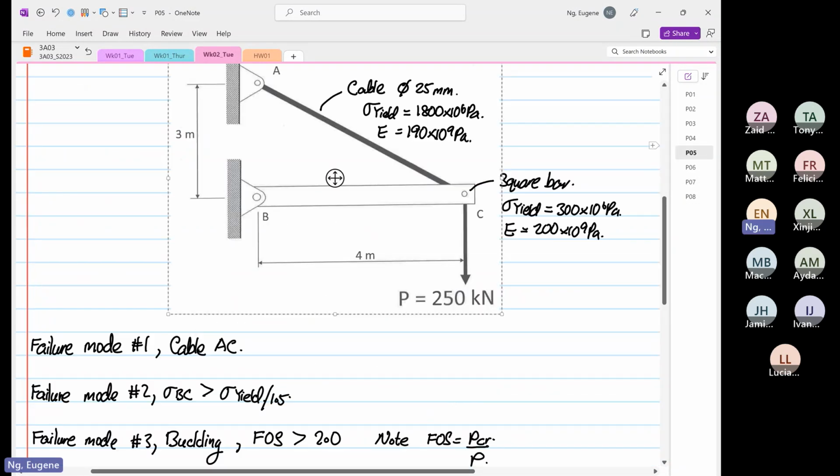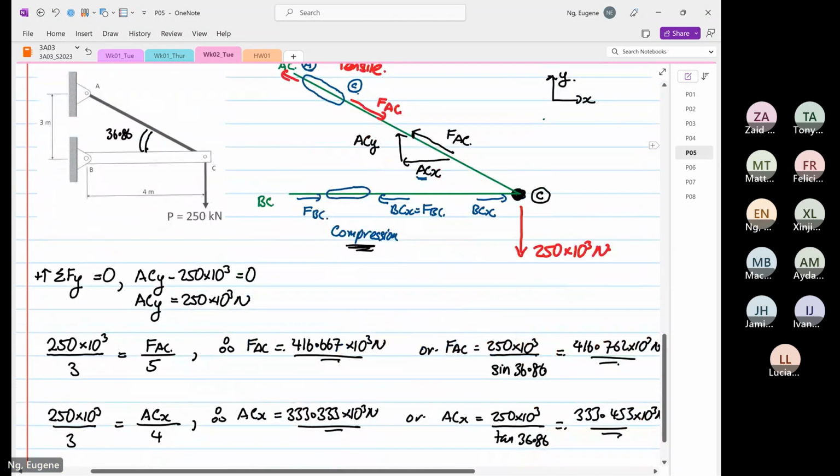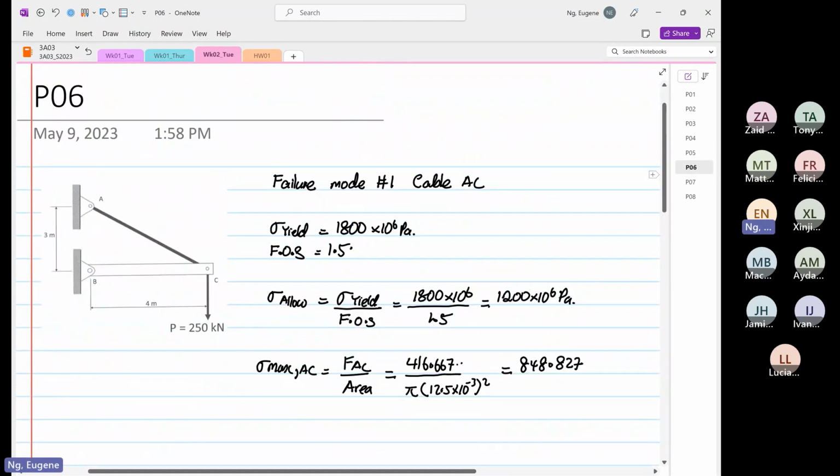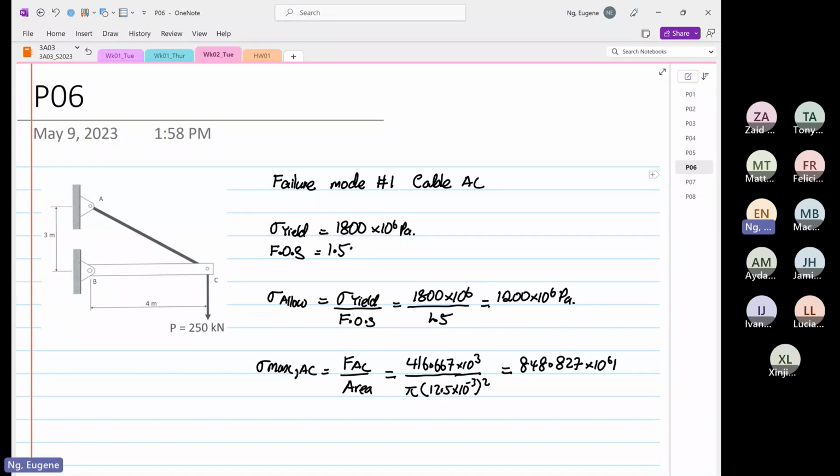Wait, is it kilonewton? Yeah, all these are in kilonewton. I do apologize, so I need to multiply by 10 to the power 3. So this is times 10 to the power 6 Pascal. So 416.67 times 10 to the power 3 divided by 12.5 times 10 to the power minus 3 squared times pi is 848.27 times 10 to the power 6. So therefore,